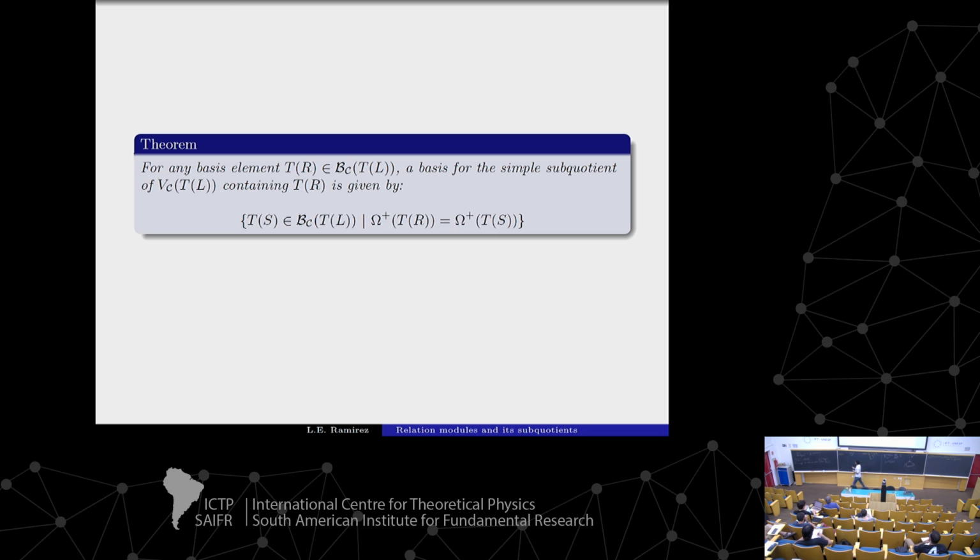Then in this case, T of L is a serialization. We just check the arrows. That should be okay. And the question is how to describe